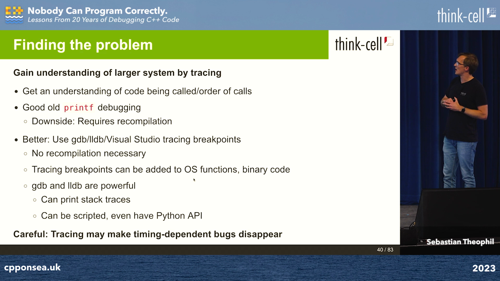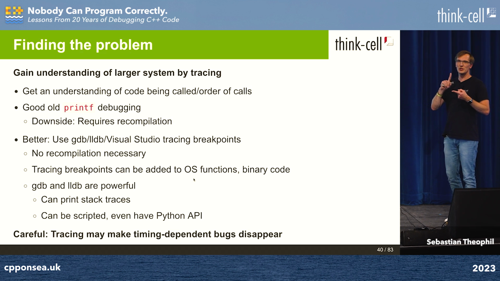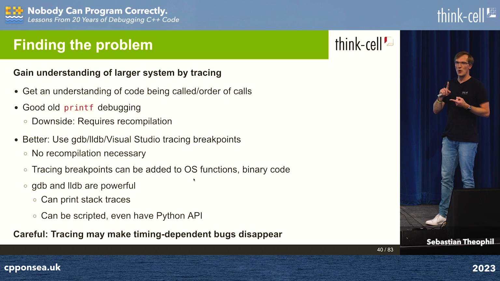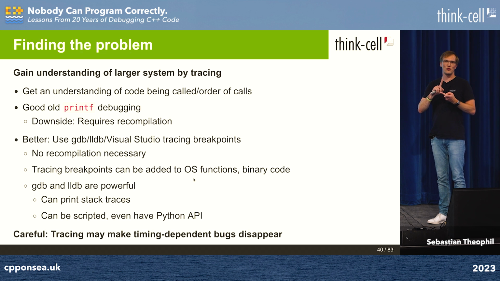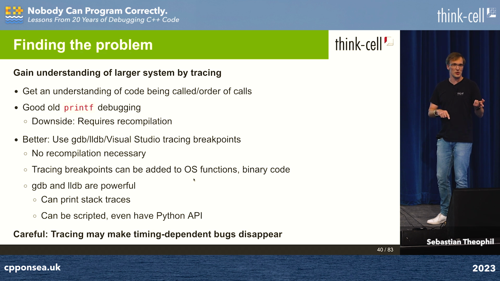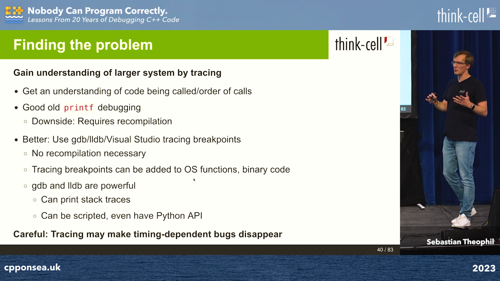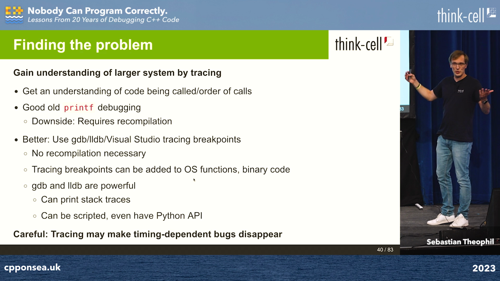So tracing breakpoints are breakpoints that are supported by all the big debuggers that don't interrupt the execution, but they will write data to your error output. So more specifically, they can write arbitrary strings, but they can also write out the variable values you want to look at. So it's like printf debugging, but much, much better,